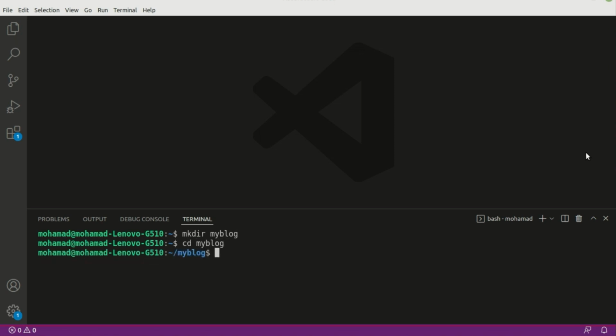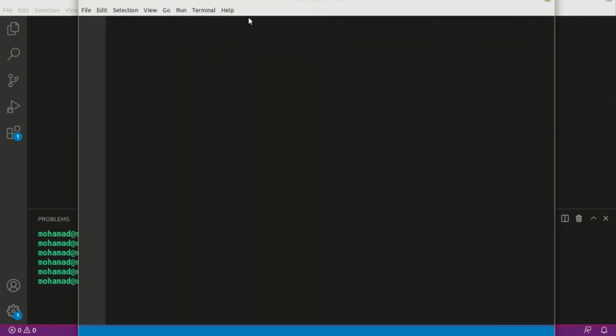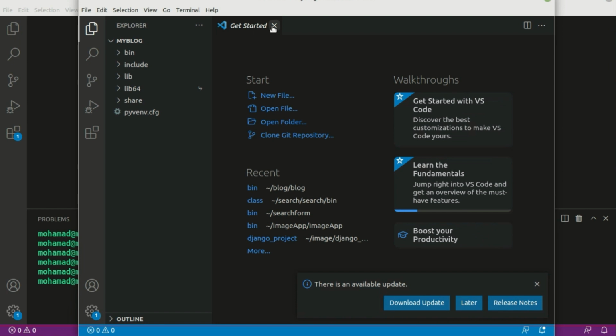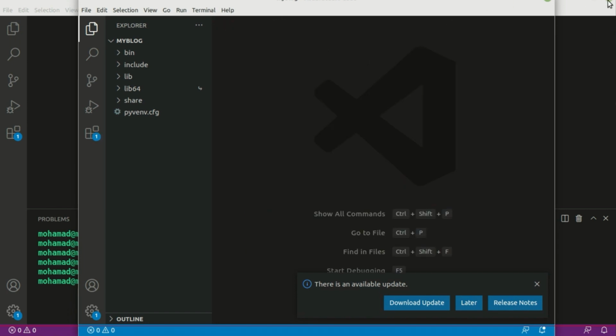And here I'm going to create a virtual environment. So python3 -m venv my blog, and I wait for the virtual environment to be created, and here it's been created, so I can cd to my blog again, and here I can open up a file related to the code. So we can close this one